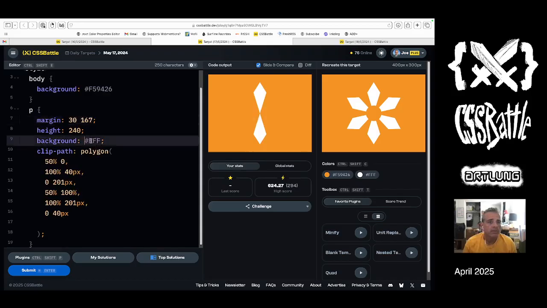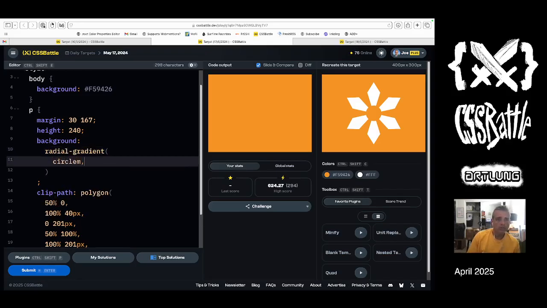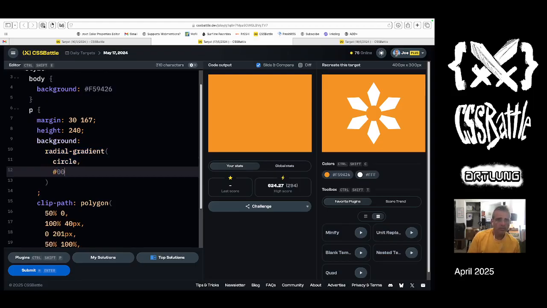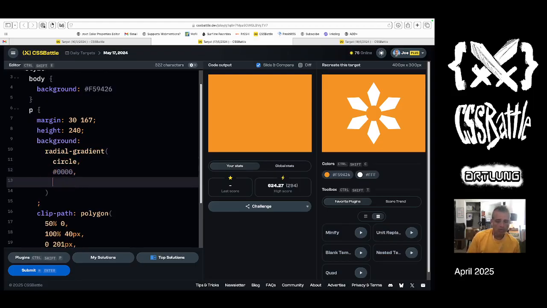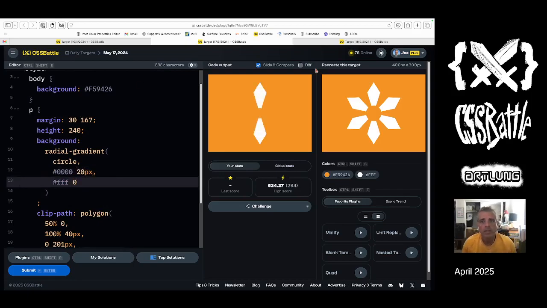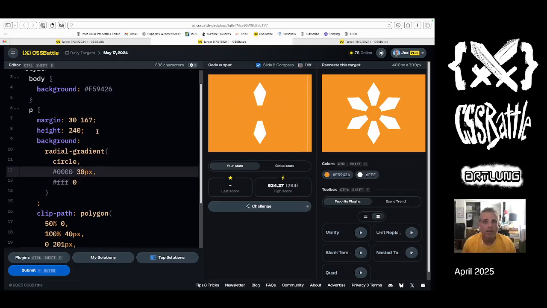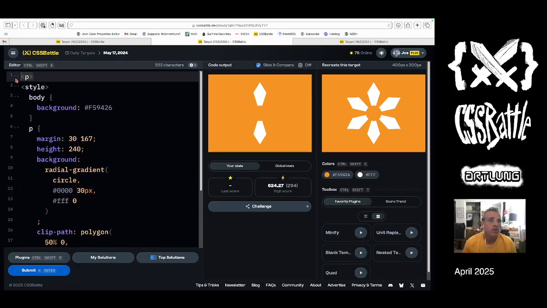So then instead of this white, let's do a radial gradient, which is going to be a circle, transparent to white. So that's what that looks like. 20 pixels and then 0. A little bigger, 30. All right. Then if we make a new one,